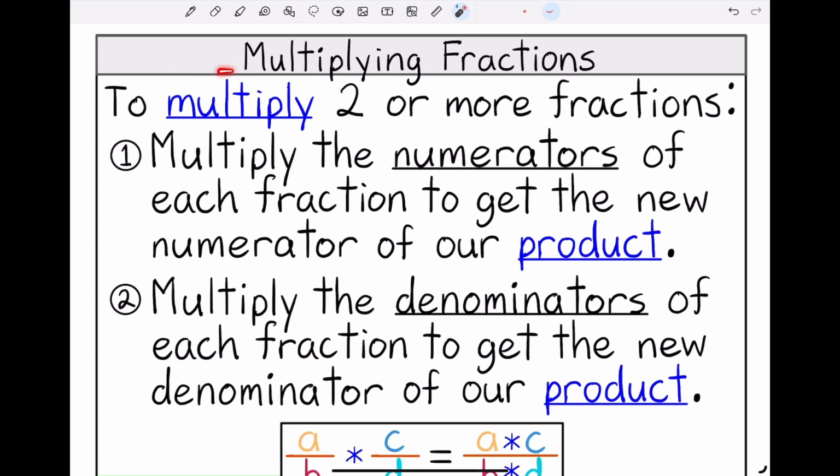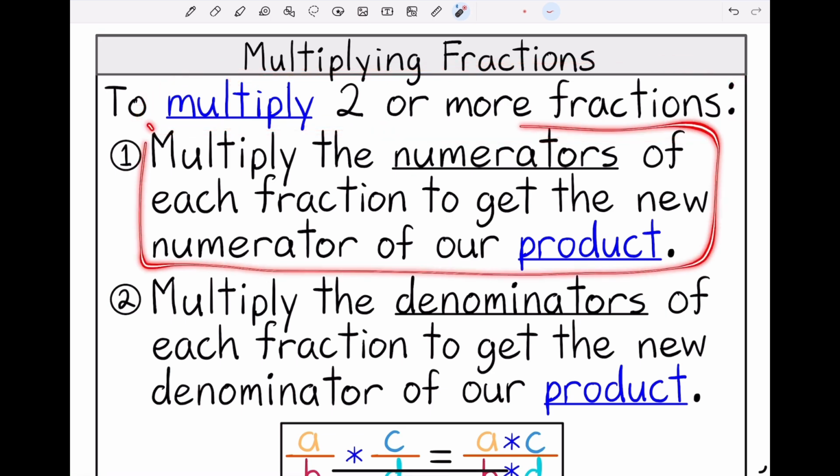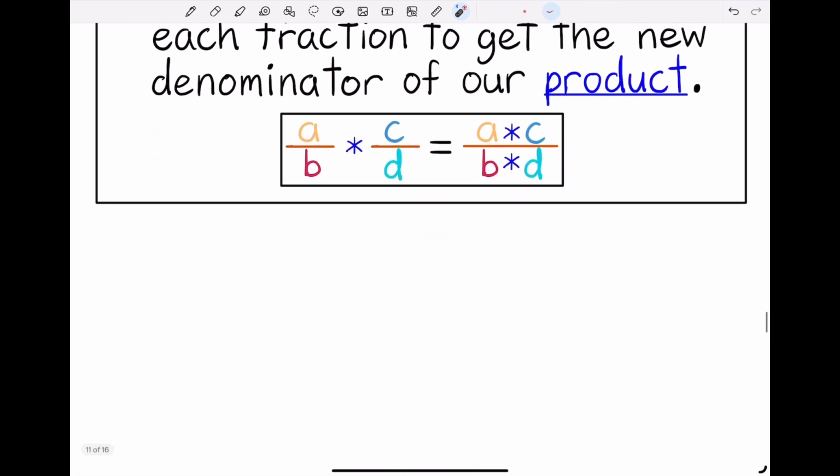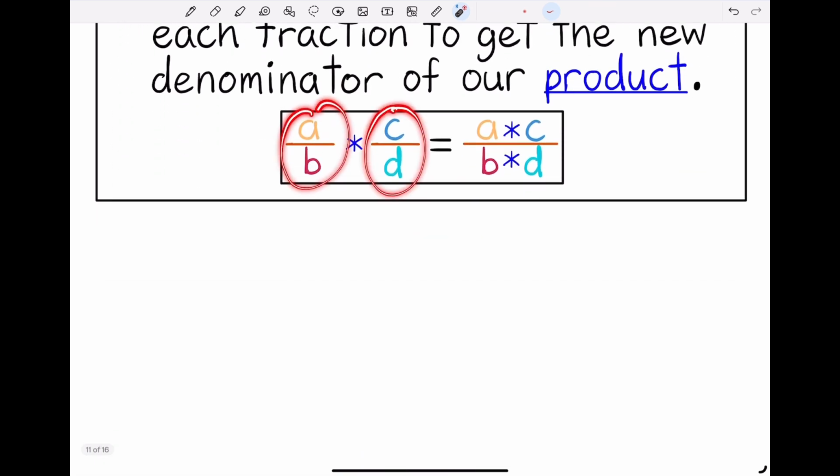So let's review how we multiply two or more fractions. We multiply the numerators of our fractions to get the numerator of our product, and we multiply the denominators of our fractions to get the denominator of our product. So if we had two fractions, a over b and c over d, and we multiplied them together, we multiply a times c to get our new numerator, and we multiply b times d to get our new denominator. So now that we know how to multiply two or more fractions together, let's use this skill